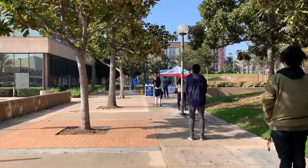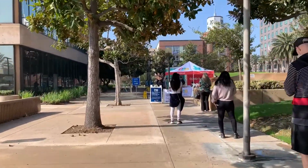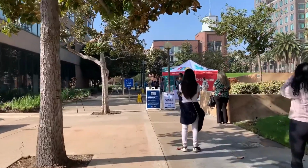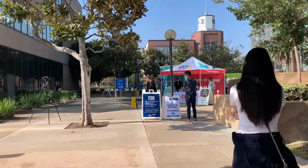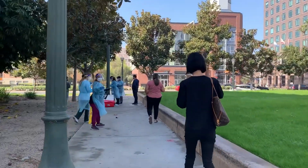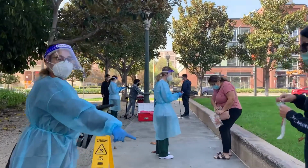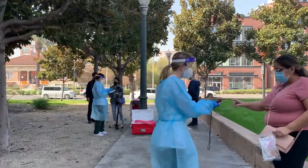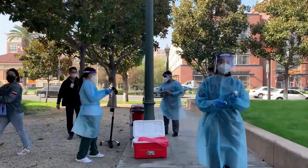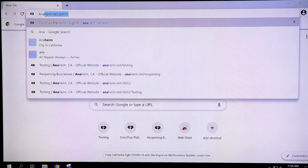The first step in getting tested is getting an appointment. Now, our sites will take walk-ups, but you may end up waiting even longer as clinicians take appointments first before walk-ins. So it's always best to have an appointment. That way, all of your information is in the system. It will speed your time through testing. So one way to do it is to go to